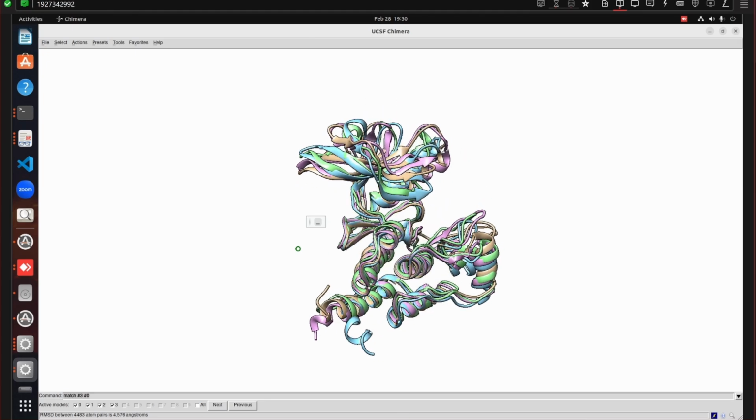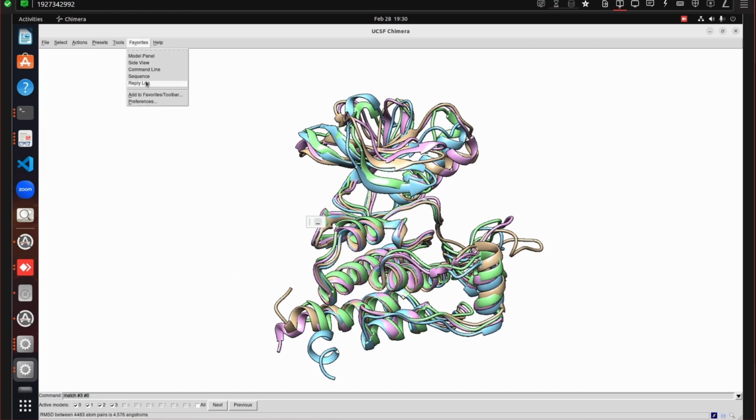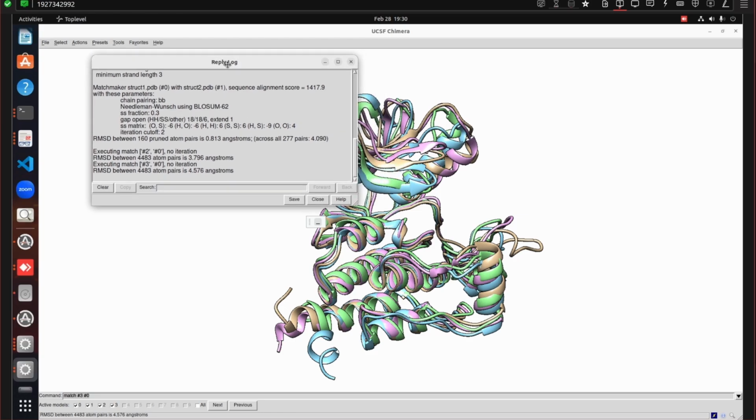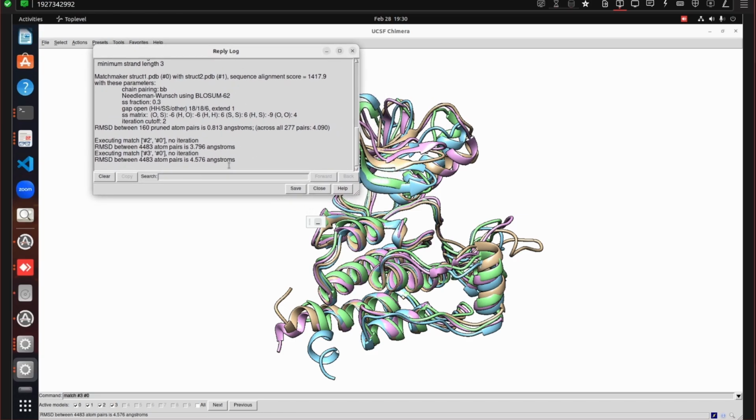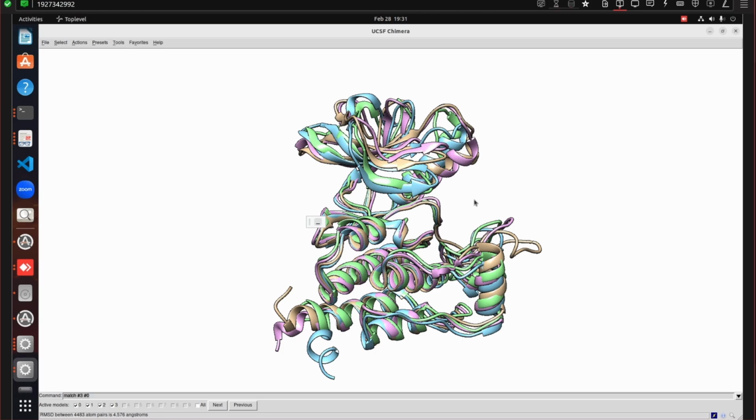And when you perform the individual alignments, you would have noticed in the reply log the particular RMSD for those two structures were also indicated. For example, here we have 4.576, 3.796 angstrom, and so on. So this way you can basically align different structures for the same system. If you get different ones from the molecular dynamics trajectory, you can align those and you can get the RMSD values also. But in a trajectory file,